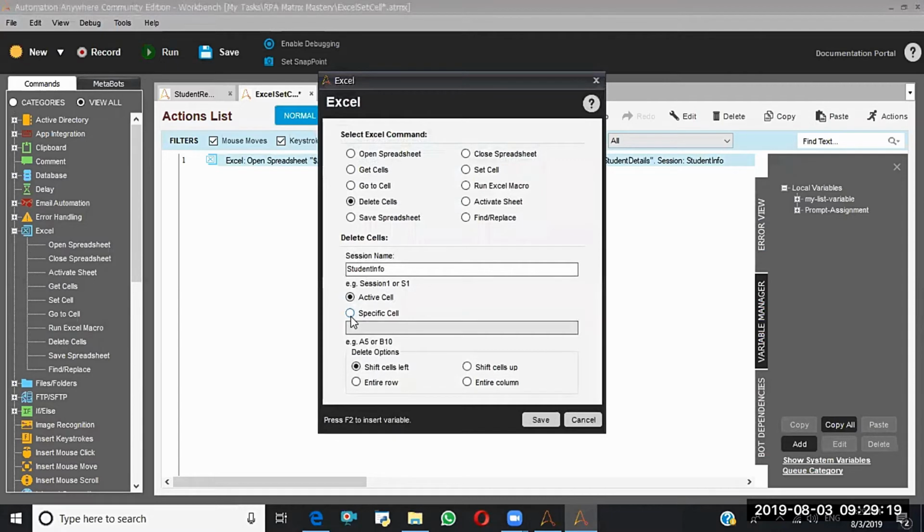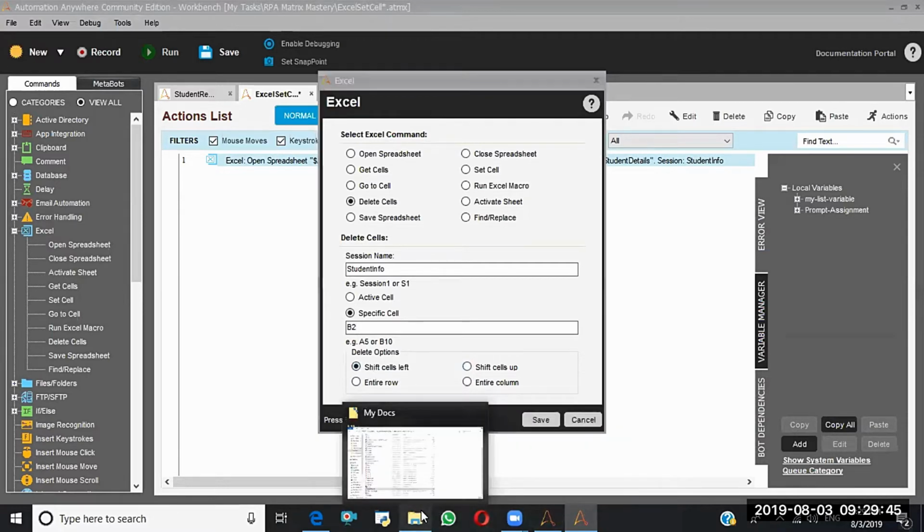Do you want to delete the specific cell or active cell? I want to delete the specific cell. I want to delete the B2 once. I have deleted that B2. Shift the cells left or shift the cells up or delete the entire row or delete the entire column. I'll show you first the shift cells left.